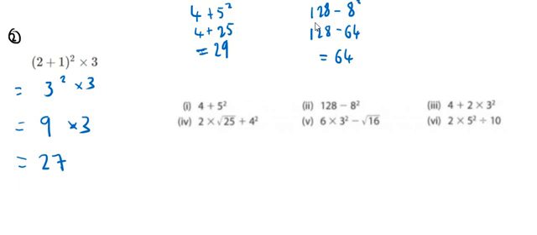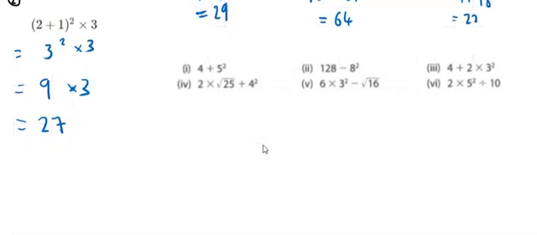Third one, I do the indices first, so I get 4 plus 2 multiplied by 9. Then next I'll be doing the multiplication, so that's 18. So 4 plus 18 is 22. Fourth one,